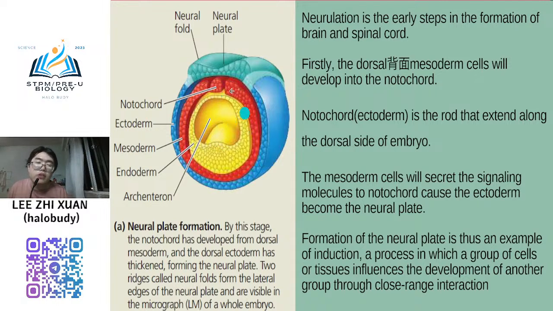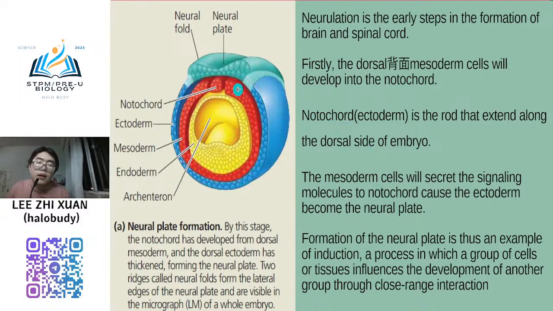your gastrula. So in the gastrula you already contain ectoderm, mesoderm, and endoderm, and also the notochord. The notochord is developed from the mesoderm cell. You see this mesoderm cell is at the middle. The dorsal side, the back of the mesoderm cell, will develop into the